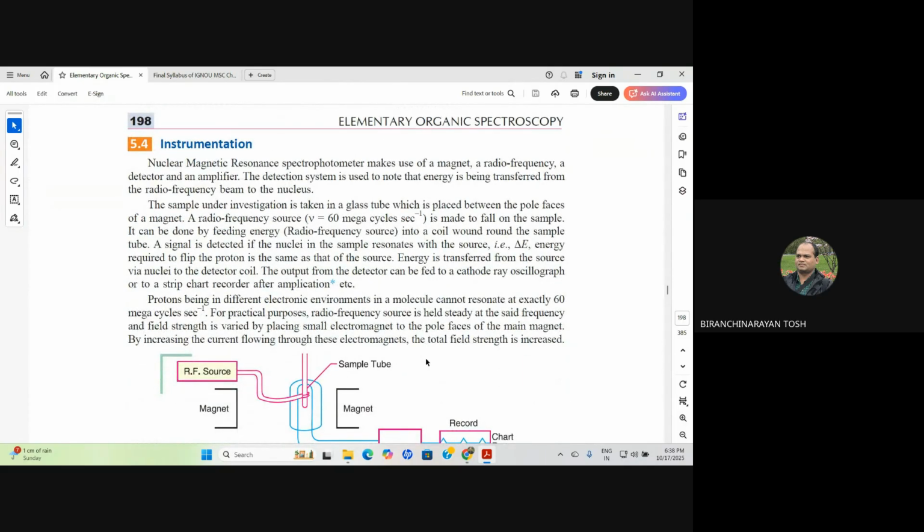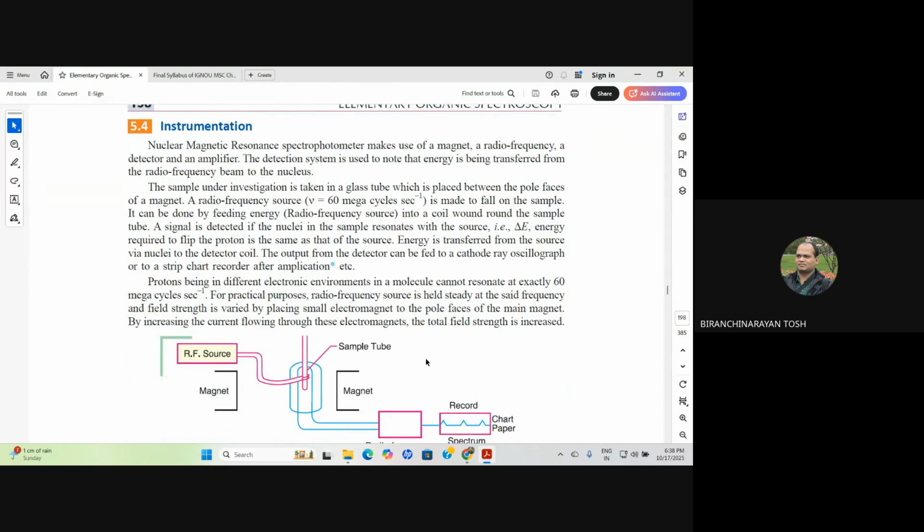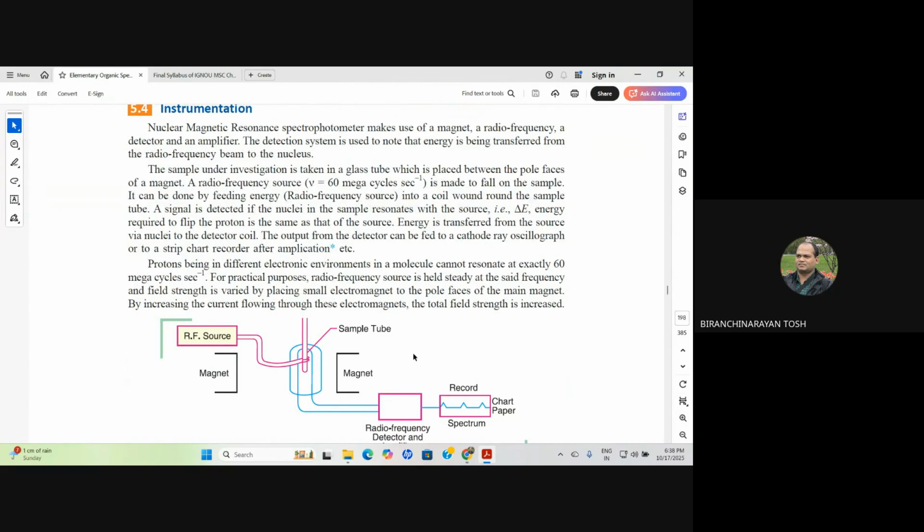Okay, then the instrumentation part. As already discussed in the theory, we should have an external magnet which will produce the magnetic field. The nuclear magnetic resonance spectrophotometer makes use of a magnet, a radio frequency generator, a detector, and an amplifier. The detection system is used to note that energy is being transferred from the radio frequency beam to the nucleus. The sample under investigation is taken in a glass tube,